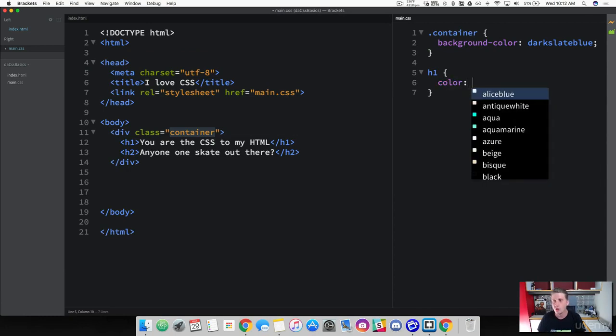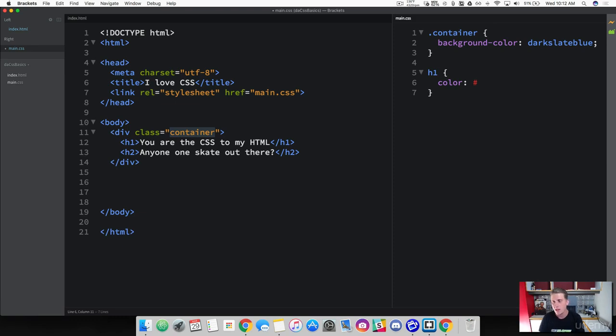So to add a color to any type of text or font, you're going to write the property color. And then in this case, let's use a hex code. Now a hex code begins with a hash, and then you can either use 3 or 6 characters depending on the color that you're using. Now if you're using one of the primary colors like black or white or red or blue, something like that, you can get away with using 3 letters in your hex code. But if you want more of a specific color of some sort, you can use up to 6 hex code